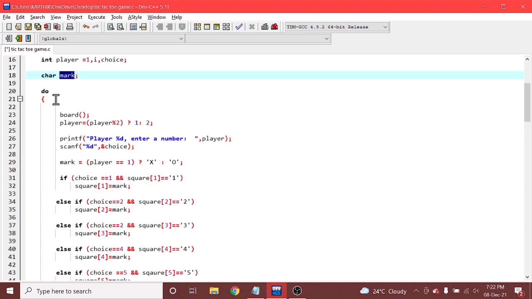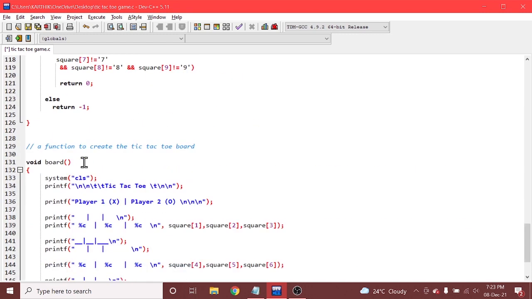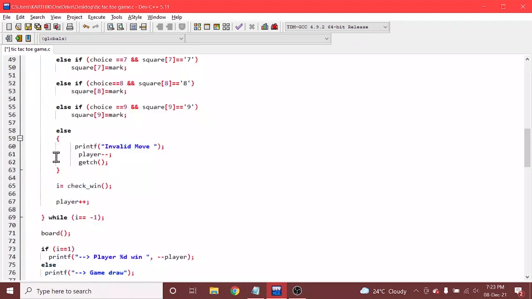Using a do while loop, inside the do we have written the main code or statements where we have called the board method. The board method we have created here, the last one, you can check it here.